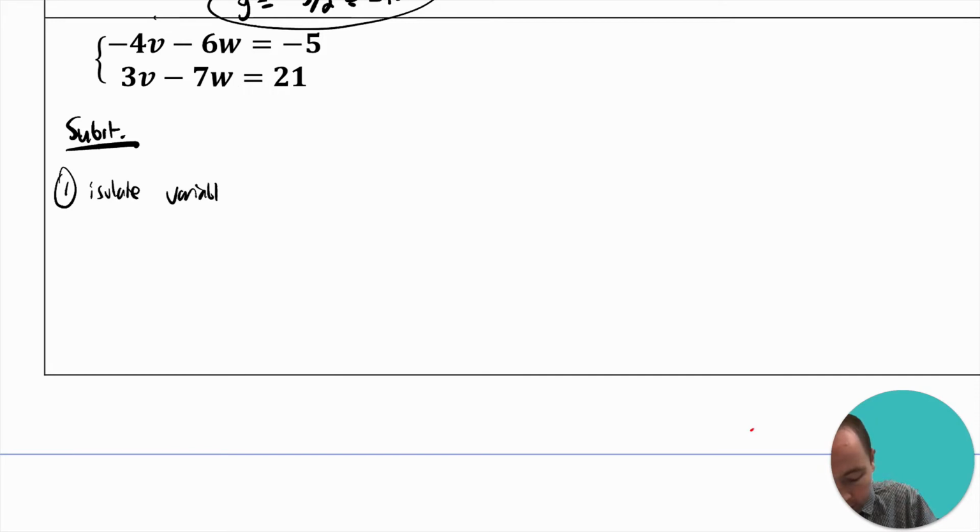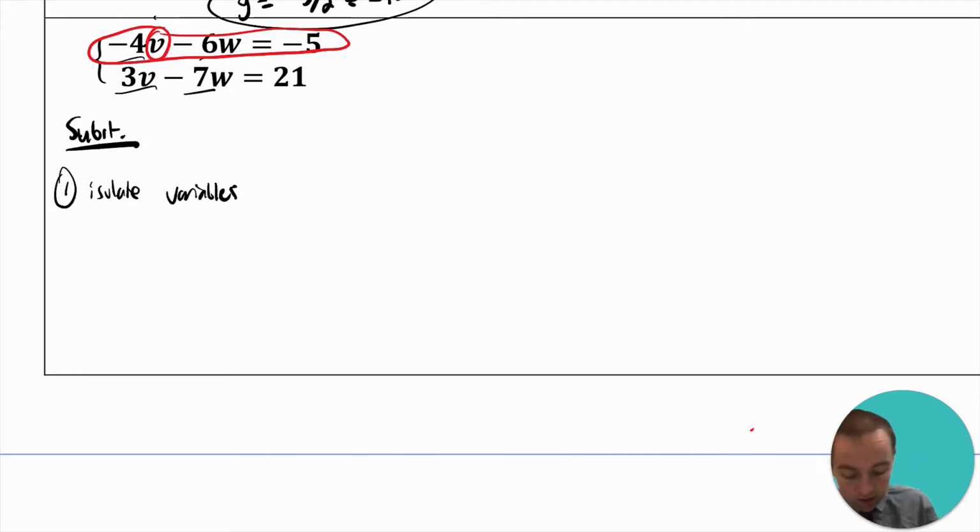That's the first step. And if we're to isolate a variable, we are going to run into fractions because the coefficients of all of the variables, the v's and w's, are not ones nor negative ones, and so we're going to get some fraction sort of stuff. So you just need to pick a variable you want to isolate. Does not matter if you isolate v, nor does it matter if you isolate w. So I'm just going to go ahead and choose this first equation, let's say, and let's choose v,